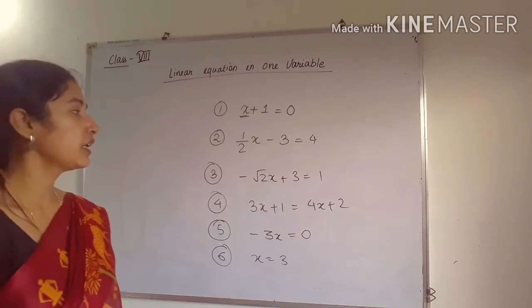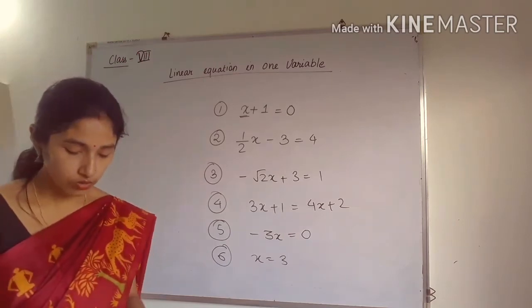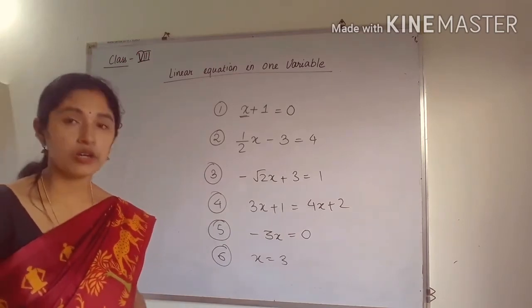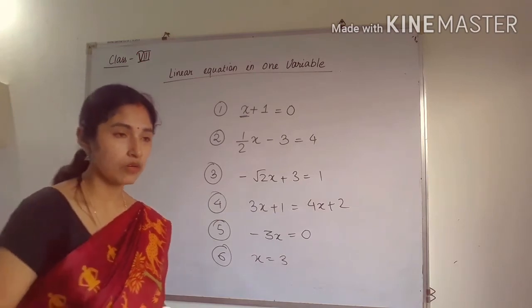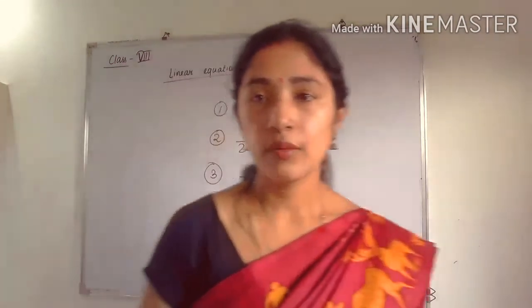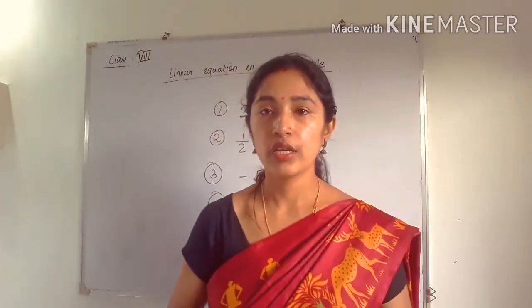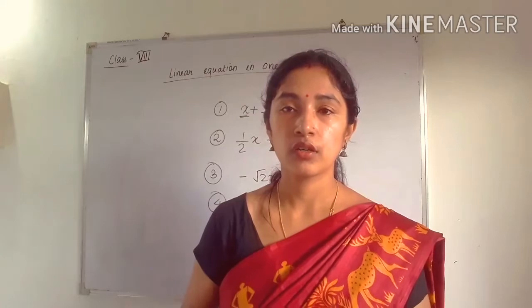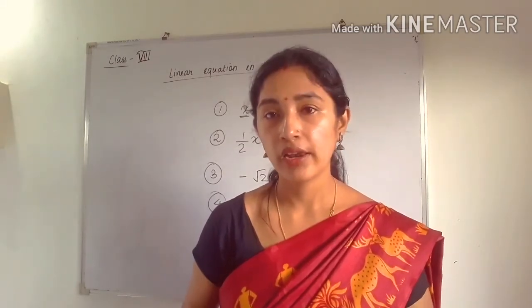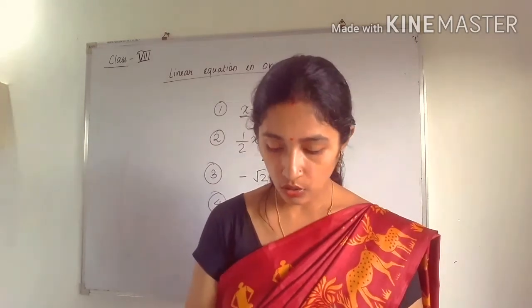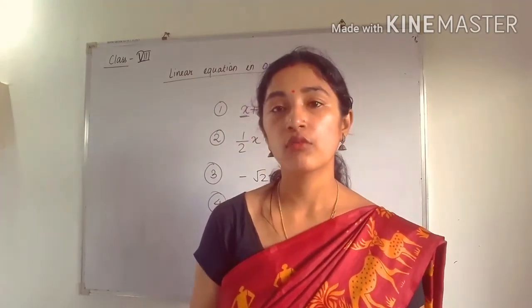So there are many examples of linear equation. It is also given in the book. Okay, already we have done in class 7 also. There was a chapter, simple linear equation. Okay, simple linear equation, that was that chapter, and this chapter has many similarities. Okay, so now how to solve the linear equation, what to find?